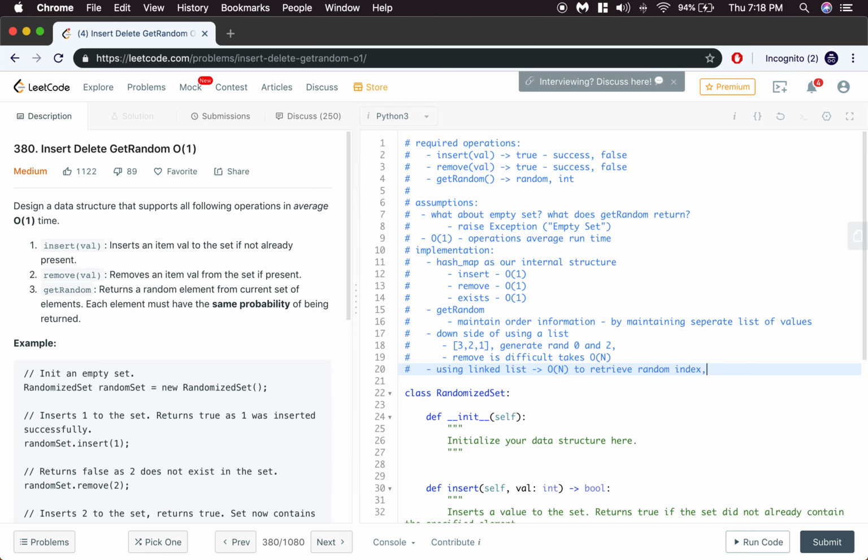If we were to generate a random index, then it'll take O(n) for us to traverse the list, unless we can look it up within the hash map somehow. But as I was saying earlier, the hash map only maintains,